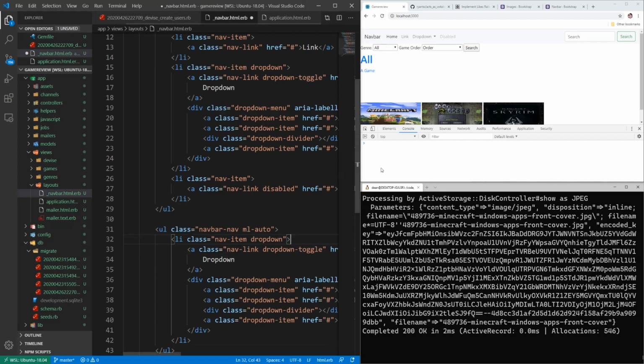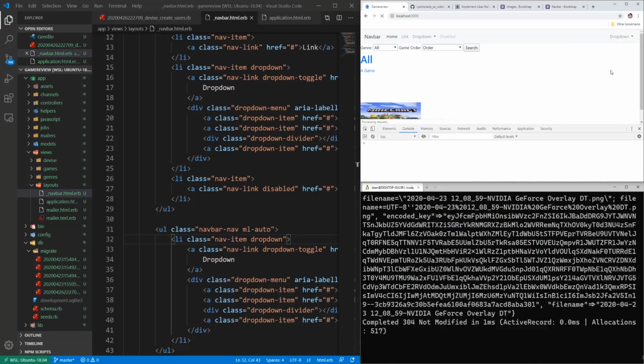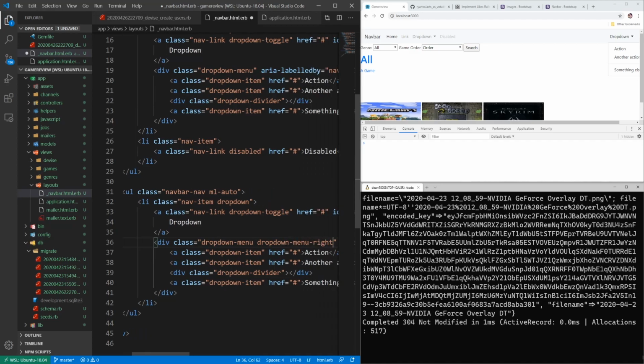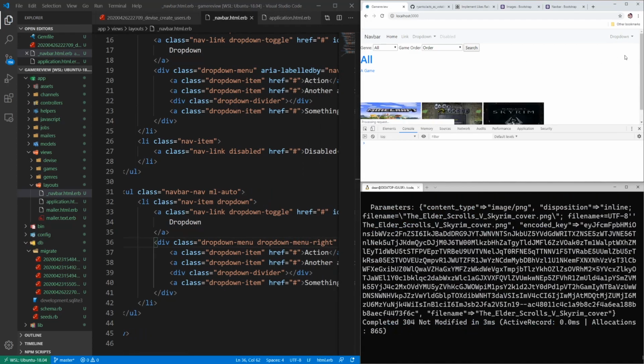So now that we have this drop down, if I save this and refresh, we have this drop down over here. You can see it's off the screen a bit. So it's like forcing the screen to resize, and we can fix that real fast by going to this drop down menu and adding in a drop down menu -right. So if I save that and refresh, and now if I click on this, it opens as we expect it